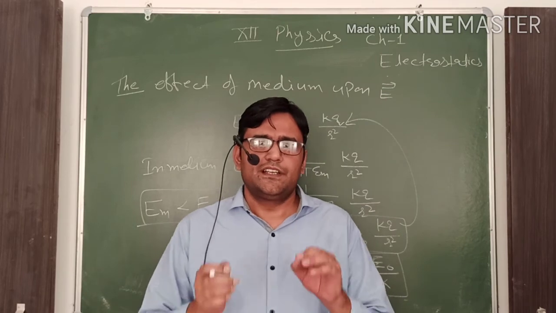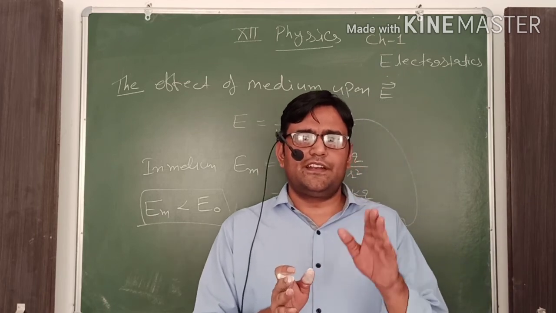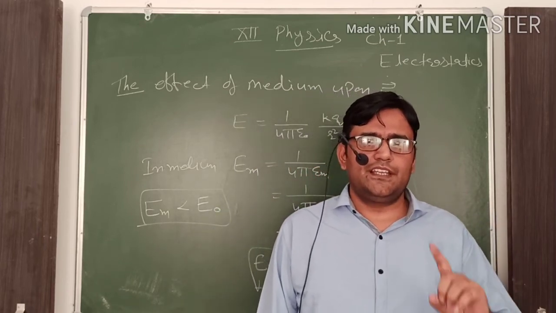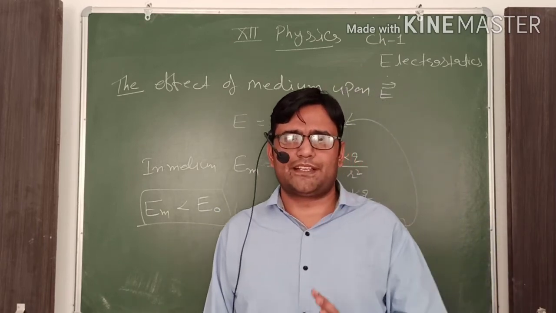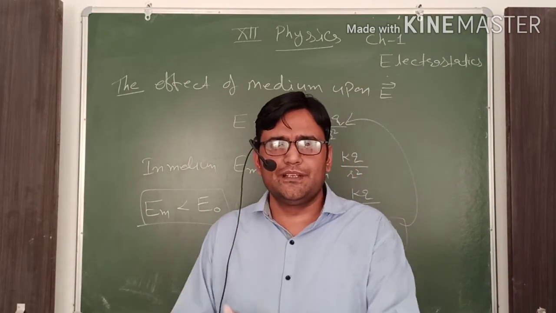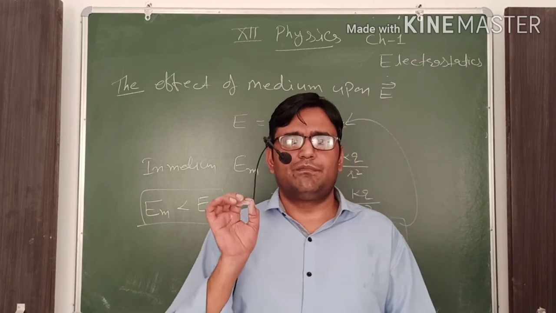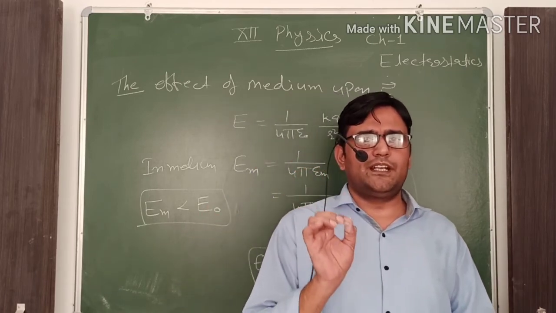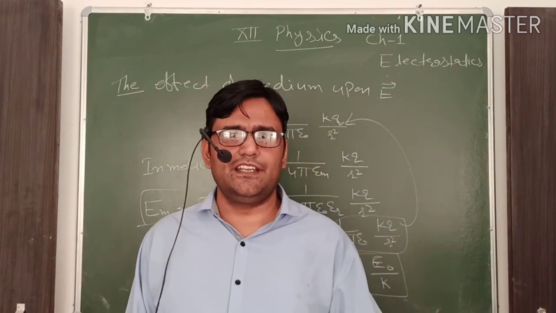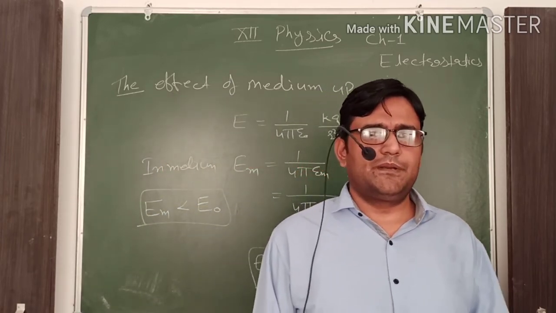The same applies to the electric field intensity due to a point charge. If our point charge is placed in vacuum, then the electric field intensity is maximum. When this entire arrangement is put into any medium, the electric field intensity of that charge is decreased by the factor of the permittivity of that medium. It means that due to the effect of the medium, the electric field intensity decreases, similar to the force between the charges.